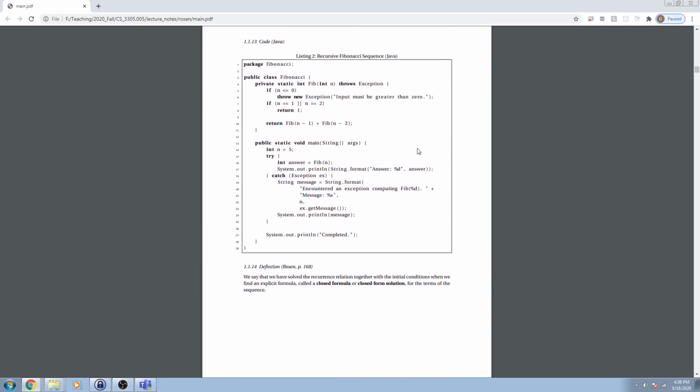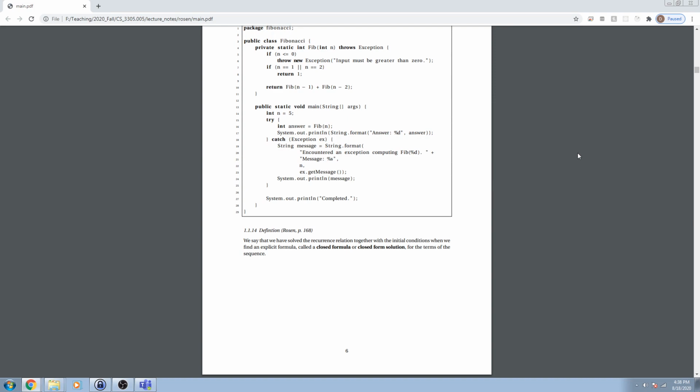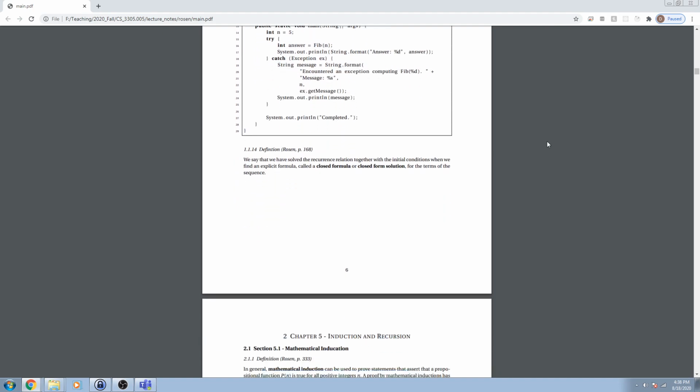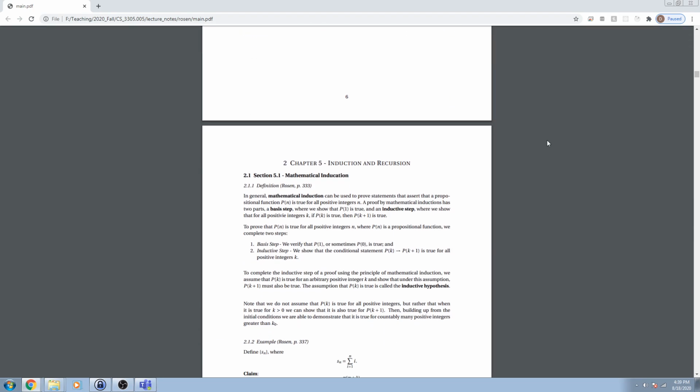So again, here's the Java version, and then here's the definition of closed formula or closed form solution. And so rather than having to compute it over and over again, the idea is that for most of these problems, or at least a healthy number of them, you can replace that recursive definition where you're recomputing, retreading the same ground with something that'll just spit out the answer. Okay,